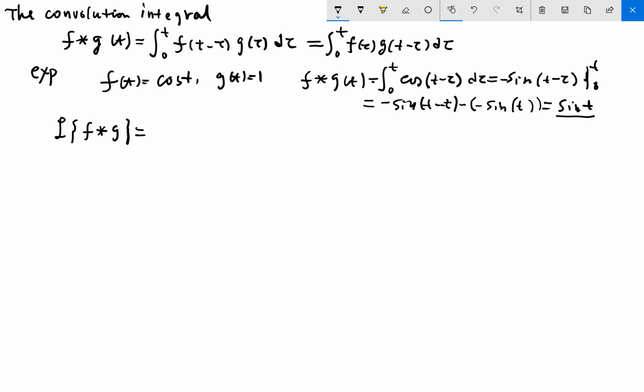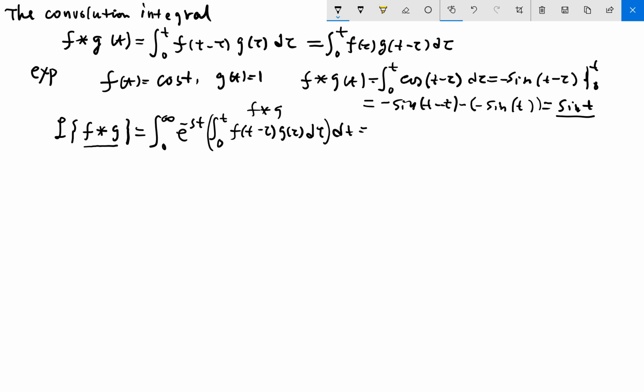By definition, this is the Laplace transform, the integral from 0 to infinity of e to the negative st, times f convolute g, which is the integral from 0 to t of f(t minus tau) g(tau) d tau. This whole thing is f convolute g, then dt,